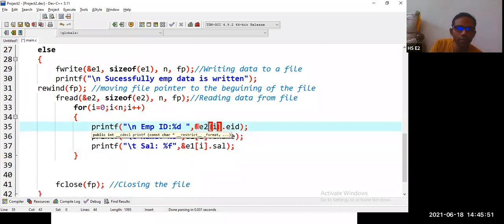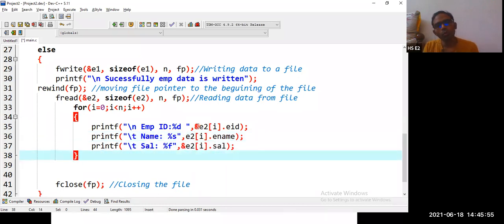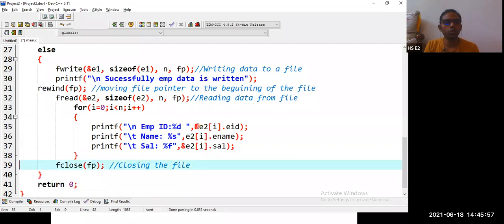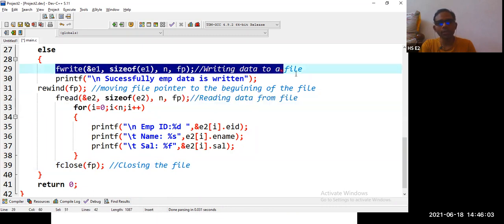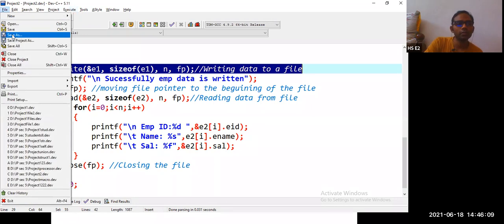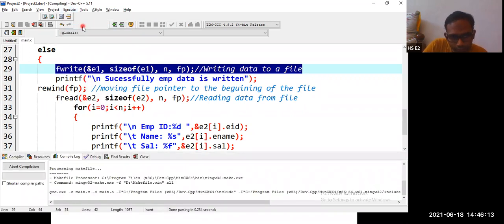Now this time we have e2, e2, e2. So now what we are doing, we are writing all the records, reading all the records, writing all the records at once. I hope this program has to work. So let us save the file, execute, compile and run.